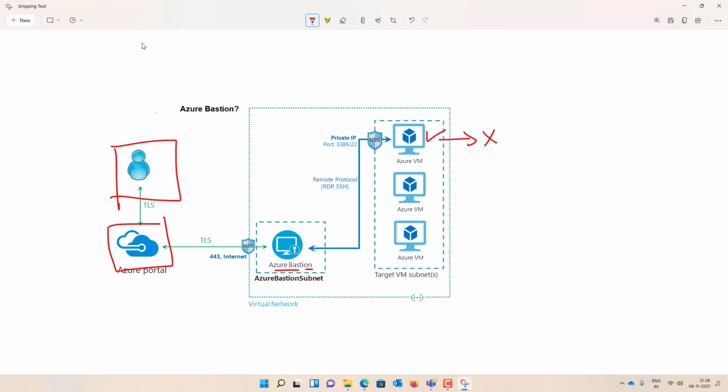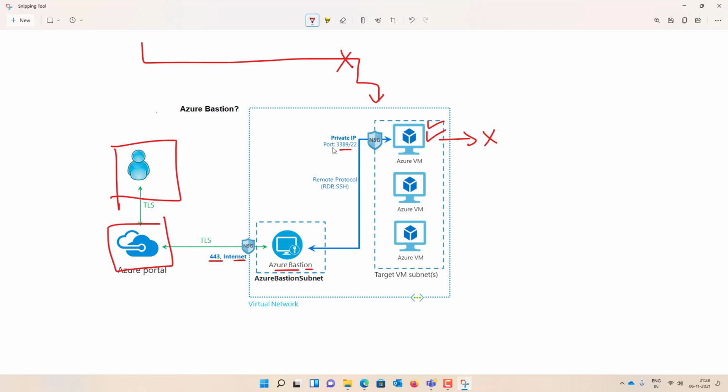As a best practice, normally we should not connect a VM through a public IP because of security concern. So we are using this Azure Bastion service. It uses port number 443, and this 443 redirects to 3389, and we connect the web session of Azure VM. So the Azure Bastion service is a fully platform managed PaaS service that provides inside your virtual network.